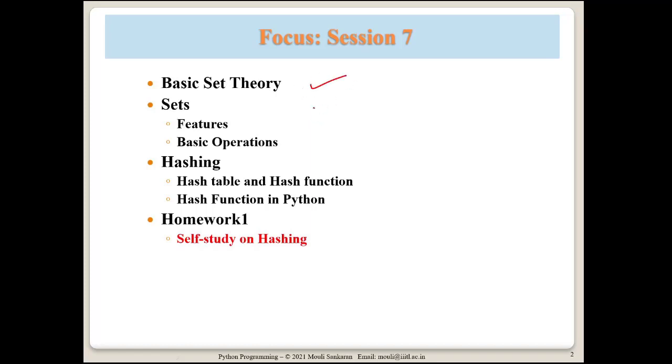So the focus of this session is going to be this. In your school you might have studied set theory, and then we will talk about the features of sets implemented in Python, and how hashing helps in implementing sets. It also helps in implementing a dictionary. We will cover it later. Okay,